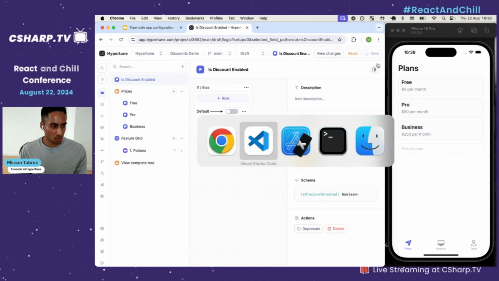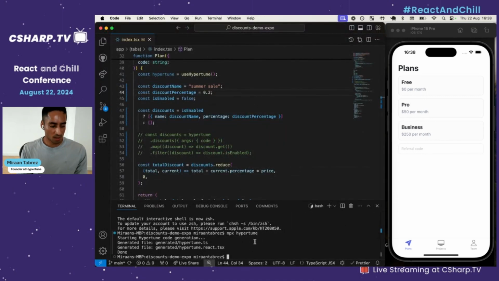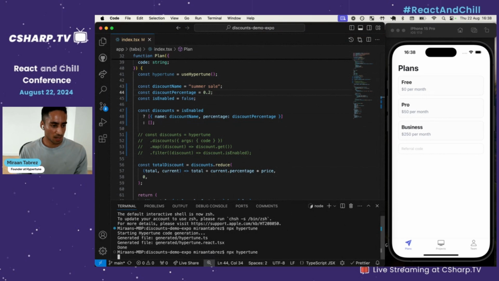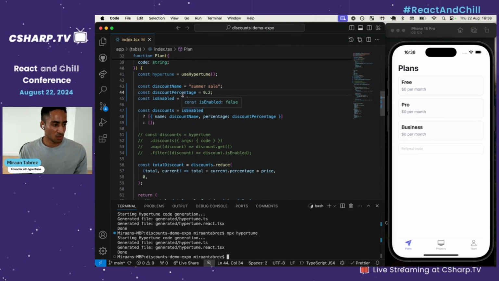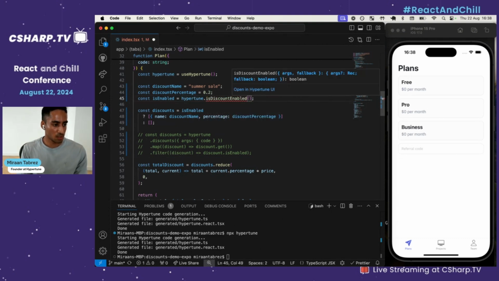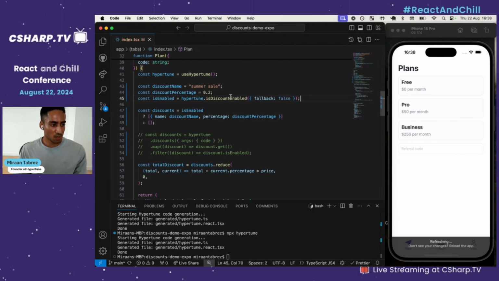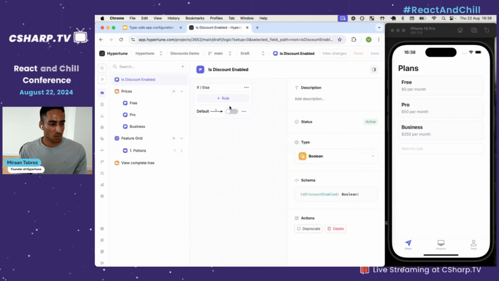Then we'll go into our code base and we'll run npx hypertune to regenerate our type-safe client. And we'll use the feature flag in our code. So we'll write hypertune.isDiscountEnabled, and we'll pass a fallback value of false. And then we'll deploy this to production. And then we'll tell the marketing team they can now control whether the discount is enabled from this flag in the UI. So right now it's off, but they can flip it on and then hit save, and then the